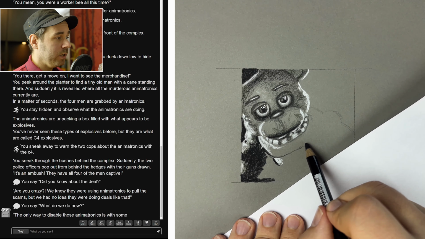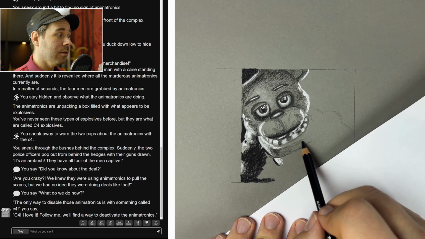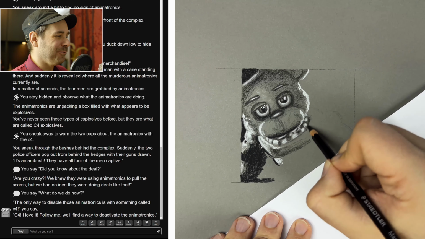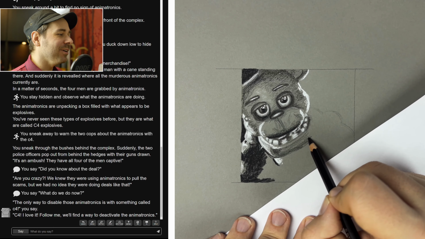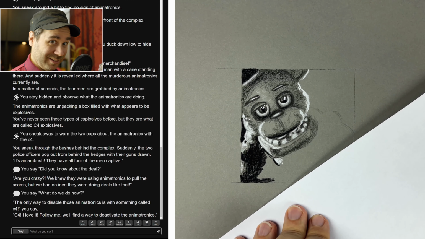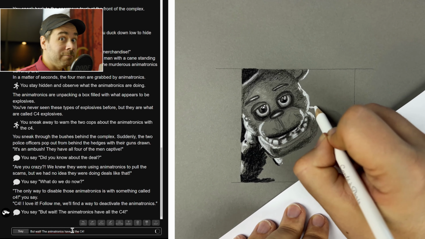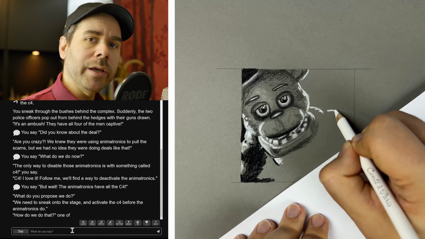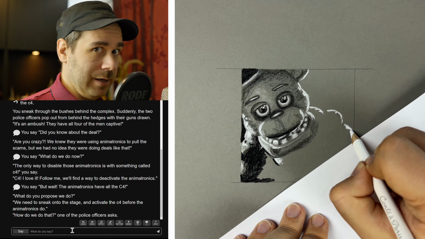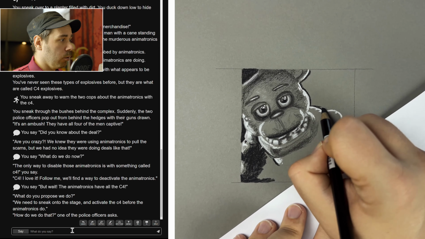Officers? The only way to disable those animatronics is with something called C4, you say. C4! I love it! Follow me, we'll find a way to deactivate the animatronics. I think most things can be deactivated by C4, say. But wait! The animatronics have all the C4. What do you propose we do? Why are the cops asking me that? I'm a random person they didn't even want to let on the complex site, so...